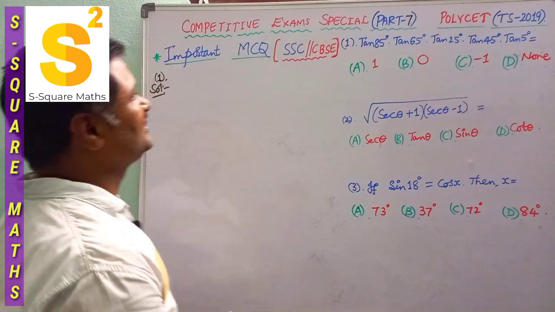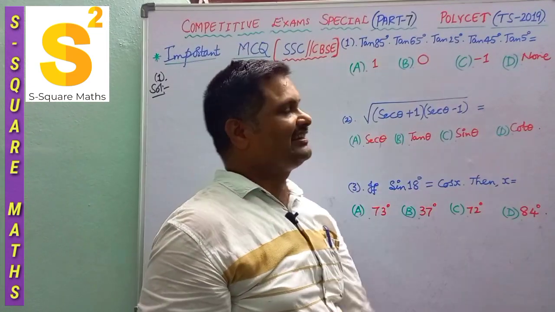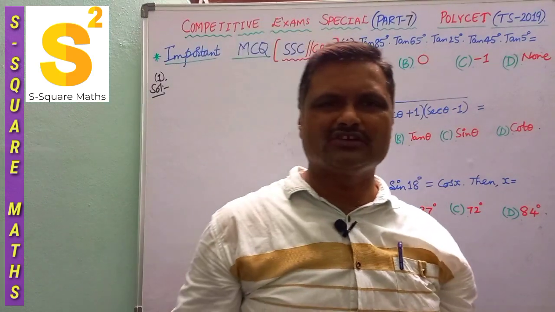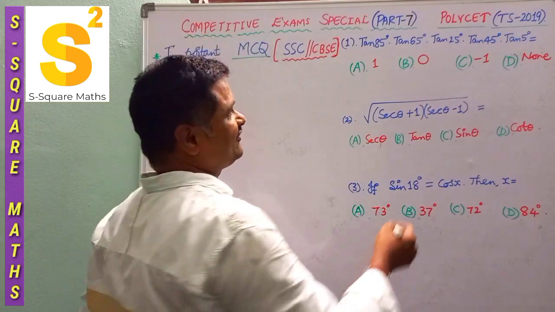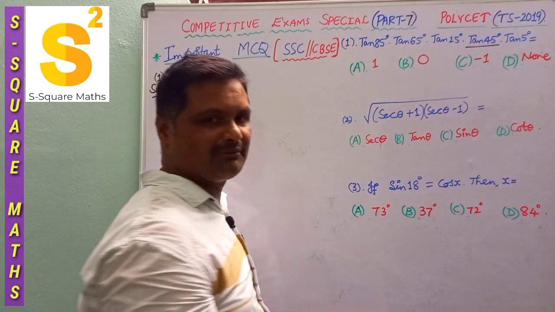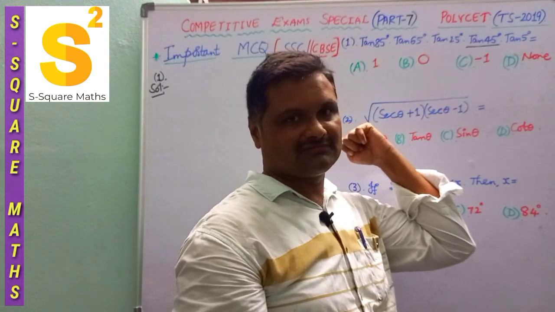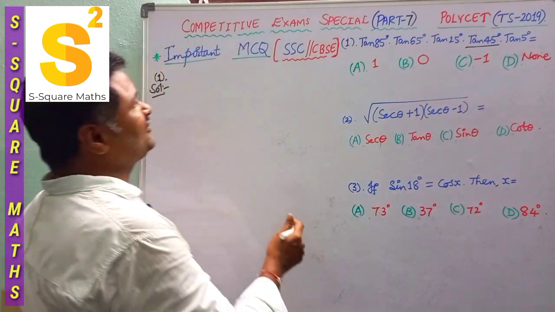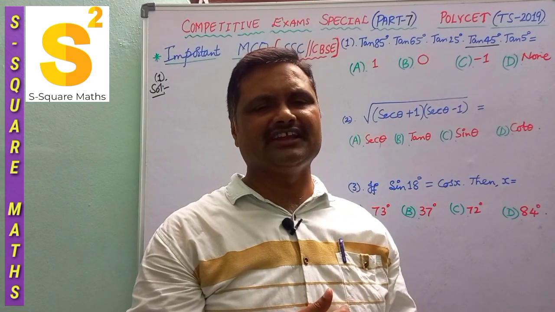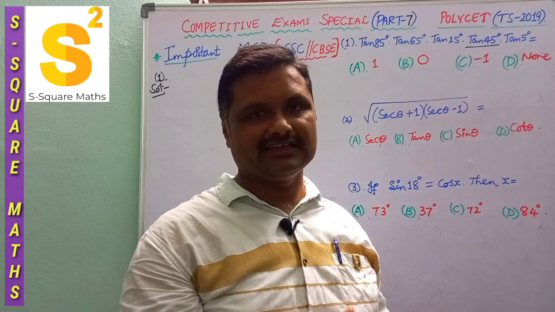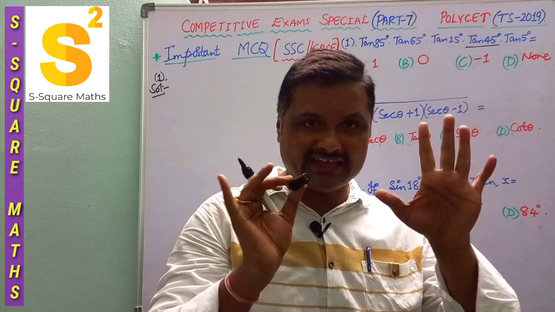Let us start now. Tan 85 into tan 65 degrees into tan 25 degrees into tan 45 degrees into tan 5 degrees. By seeing the question, don't be scared. We have only the value of tan 45 degrees. No sir, how to proceed with the remaining part? In the product there are 5 values in total. If you observe carefully, the complementary T ratio for tan is cot. So tan theta is cot of 90 minus theta and vice versa. That you should be able to know.